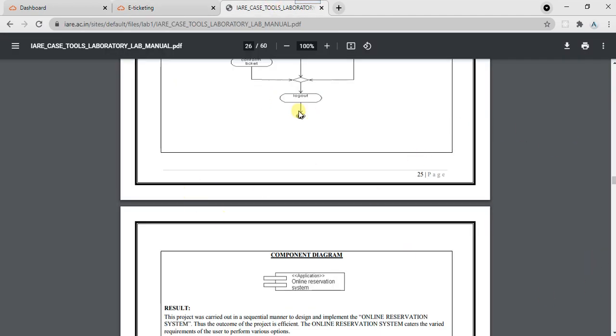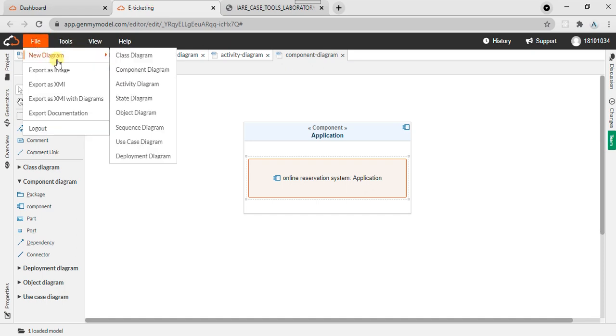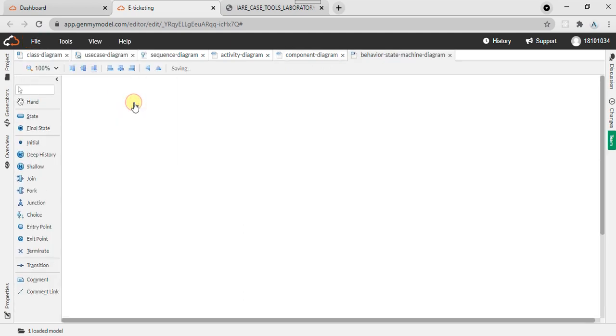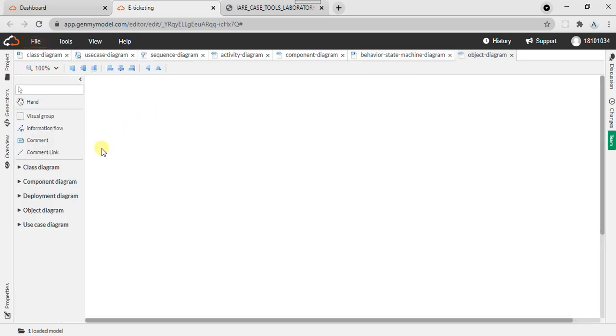Okay, in here these diagrams are given. If you have a diagram for state and object also, you can do it. For state diagram, same as activity diagram, there is some tools you can use and draw. Then for object diagram, as usual we have seen earlier, right? Instant, port, slot, dependency and link. By using this we can draw the object diagram.